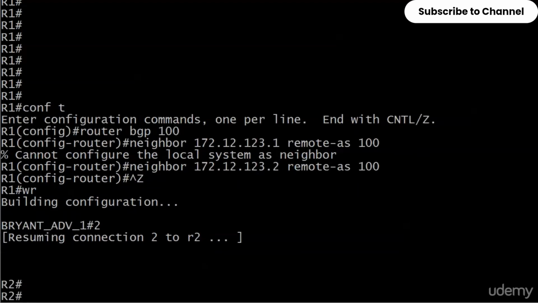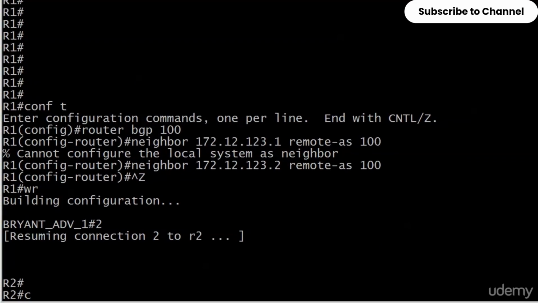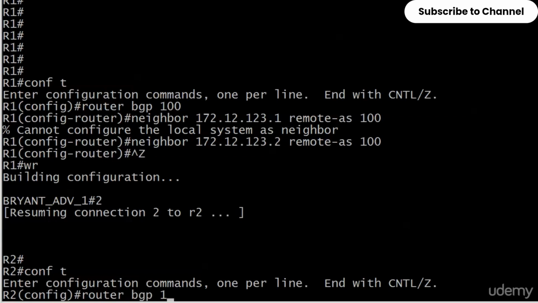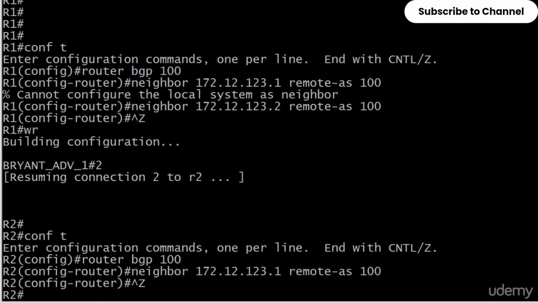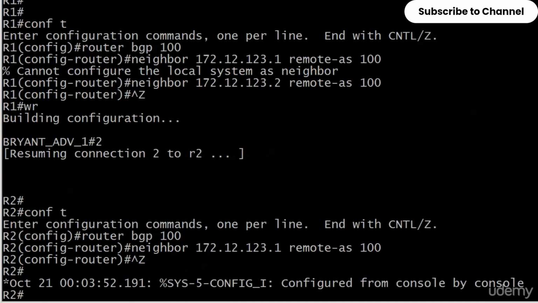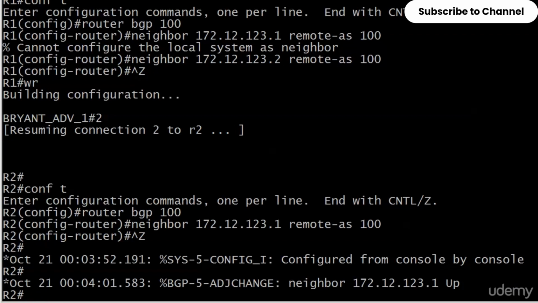And then on router 2, we haven't done any BGP config at all. So let me move that back up. We'll start with router BGP 100 and neighbor 172.12.123.1 and our required statement about the remote AS. And we'll give that a few seconds to cook and see what happens. Usually just as I leave it, it ends up coming up. There we go. So it didn't take long at all. There's our adjacency change. Your neighbor is up,